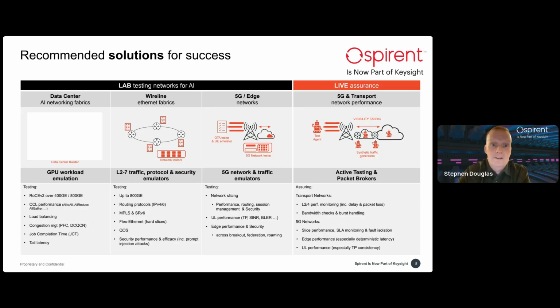and roaming scenarios. And of course, finally, you're also moving into the live operational networks with active testing combined with visibility fabric, such as packet brokers, to help you proactively test to monitor the visibility, the fault isolation, and the root cause analysis across transport and backhaul links, across the 5G over-the-air networks, and of course, edge offload, providing the enhanced localized performance, especially